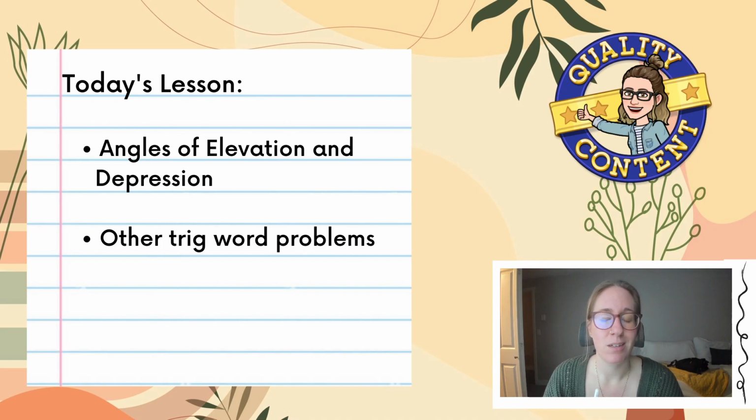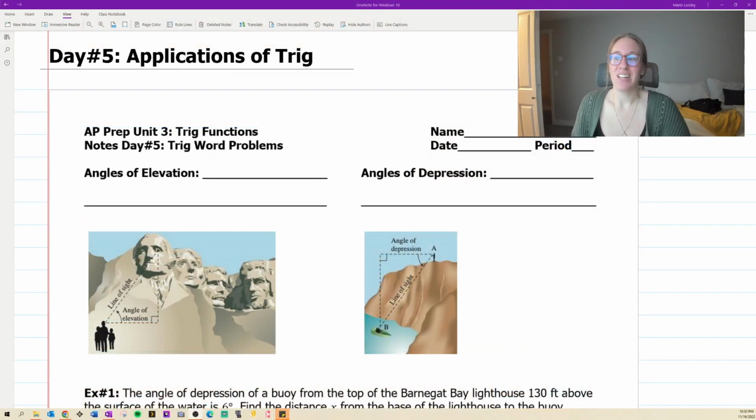There's not really one exact type of problem, but I know I put a couple elevation depression ones in there, so if you forgot that vocab, I kind of wanted to go over it. But really this is just a mix-up of different types of applicable trig problems. So, word problems, everyone's favorites. Here we go. All right, so like I said, we are starting with angles of elevation and depression